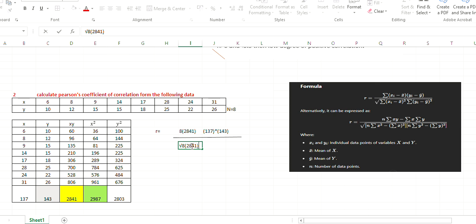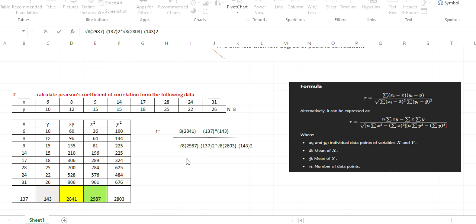So I have substituted the value. Summation x square is 2987 minus summation of x whole square, 137. Then summation of y square. After substituting and finalizing, you will get r equals